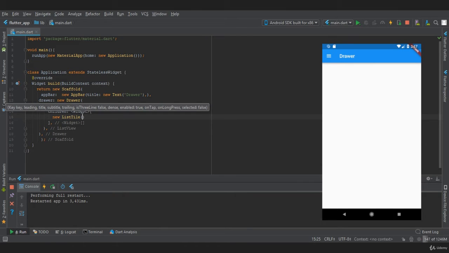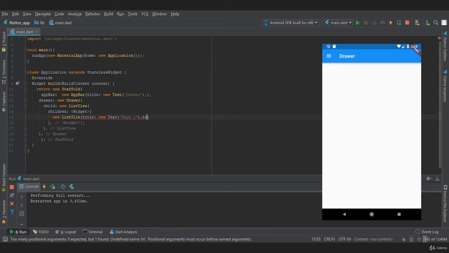Let's give a title to a list tile, which takes a widget, so text, and here we will say page 1, and we are also going to provide trailing. So in which we will provide a new icon widget, icon, we are going to provide an arrow icon, Icons.arrow_forward.